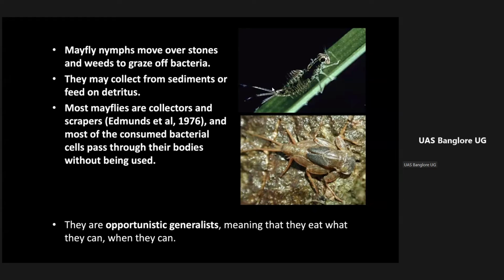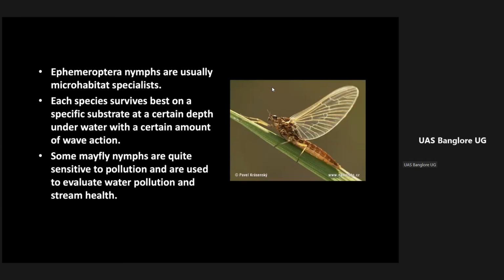Okay. So they are very important insects as indicator insects. We use them to know whether the water body is polluted or not. We use them as an indicator. If more mayflies are there, that means the water body is very fresh, or the freshwater body is not polluted. Okay, so we take it like that. To evaluate the pollution levels, we use these mayflies as indicator insects.